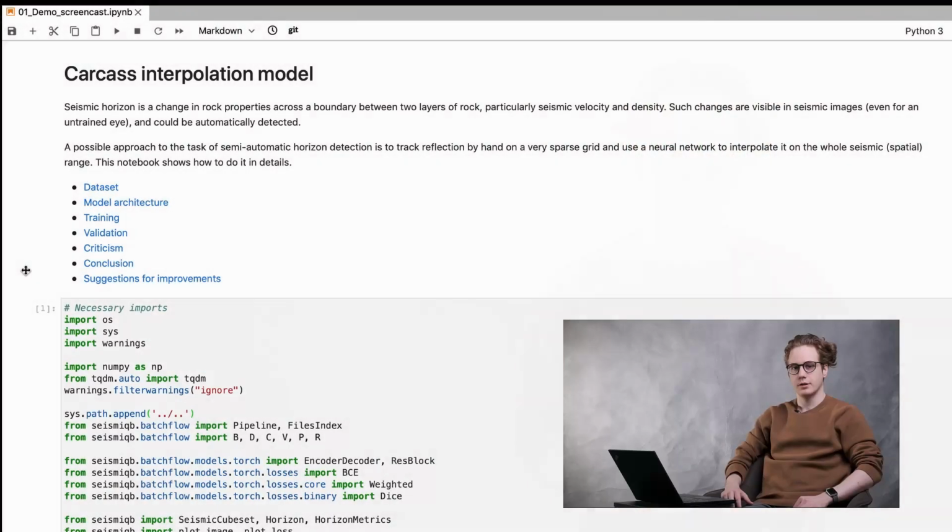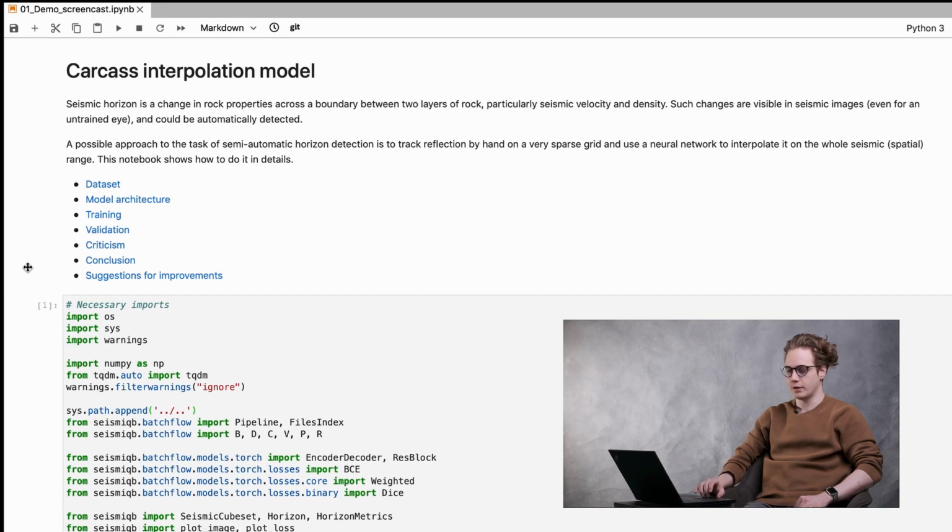An expert can label a small amount of data, just like a few slices, like 20 of them, and the neural network can extrapolate them on the whole spatial range. Now let's look at the example in code. It is a fully fledged notebook with a whole pipeline of creating a very good horizon from tiny amounts of labels. It follows our standard of presenting results and thoroughly describes our datasets, the model training procedure, and how to apply it for inference. This notebook is readily available on GitHub, and we will provide links at the end of our presentation.